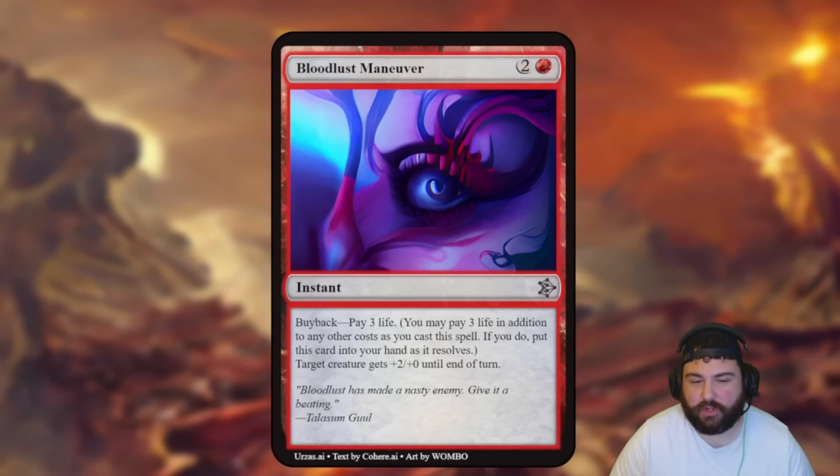3 mana to give a creature +2/+0, and you can pay 3 life to get it back. I think it's overcosted. I think if it costs 1, it would be pretty good, right? That would be incredibly good because you could cast it, buy it back, cast it, buy it back, cast it, buy it back, right? You could pay 3 mana to do it 3 times. The fact that it's 3 mana to give +2/+0 and buy it back,